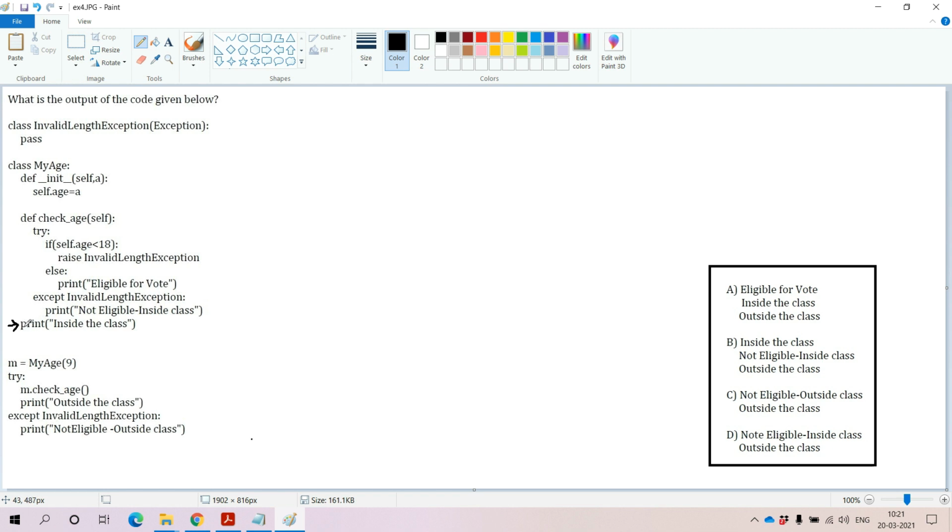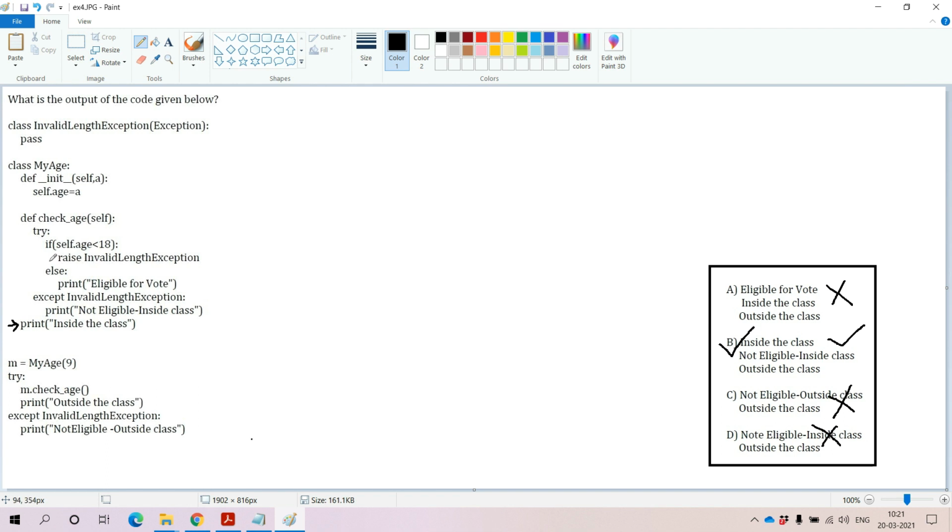Coming to this line, it is directly a print statement, and it will print the message here. The message that is available is "inside the class". That will be the first message that we have to get. Try to check all four options, in which option we have that "inside the class" message. The first option does not have that first message. In the second option we have that message, so it will be the expected answer. The third option has no "inside the class" message as the first message, and in option D also it is not available. That means out of all four options, I think B is the right option.